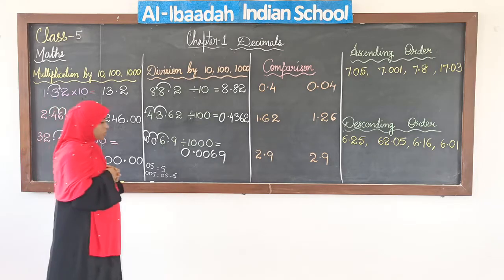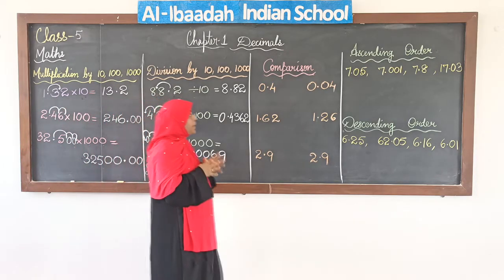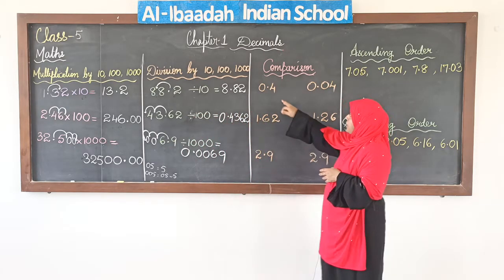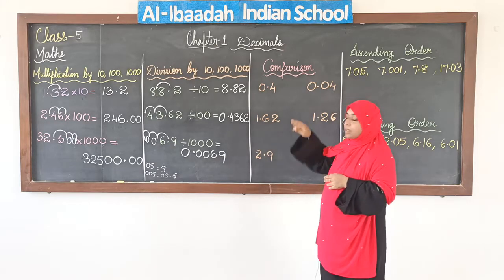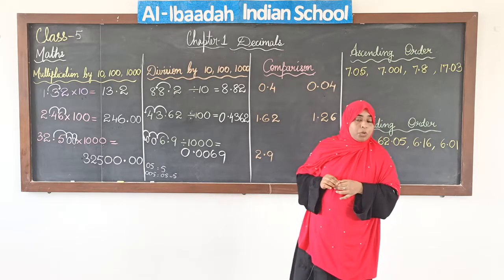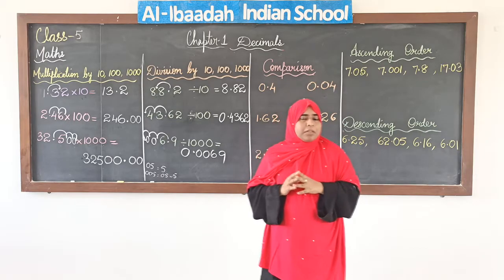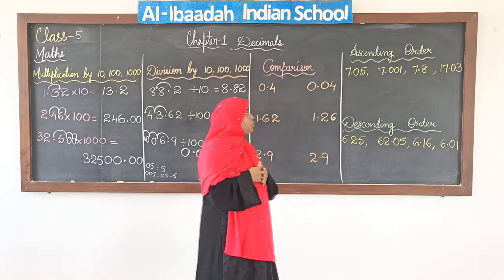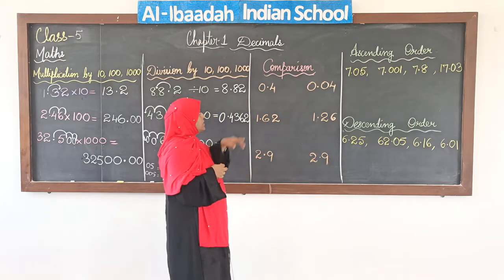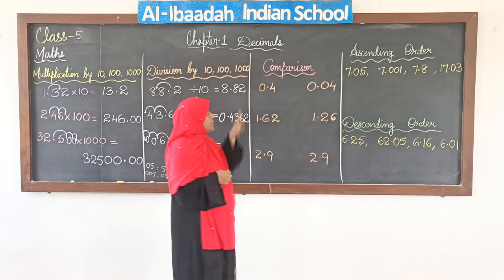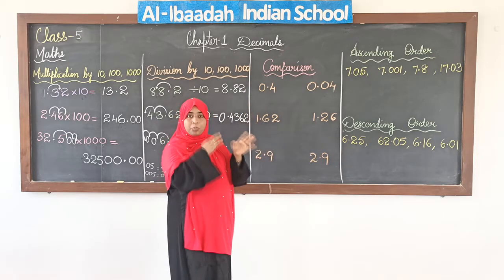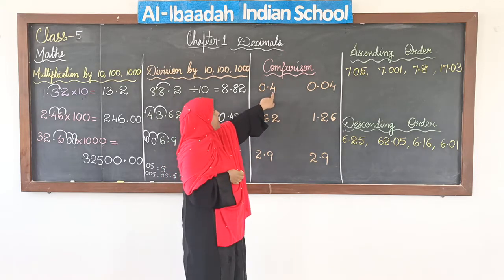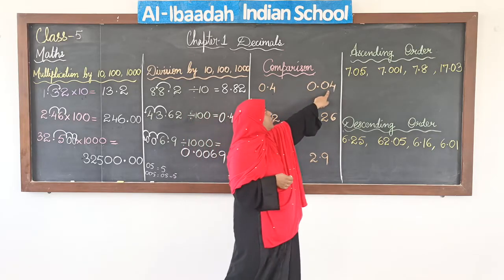Now, moving on to the comparing of decimal numbers. The first example that I have here is 0.4 and the next number to it is 0.04. We have to compare these two numbers. We will see what the value of these two numbers is first, and then it will be easy for us to do the comparison. When we say 0.4, since the whole number part is 0, we have to move on and compare the fractional or decimal part. In the decimal part I have 4, and here I have 0, 4.